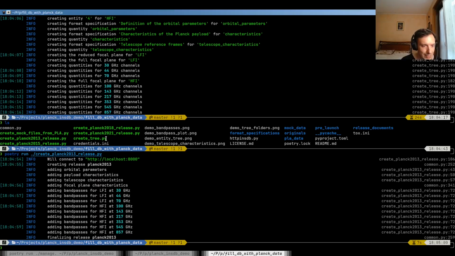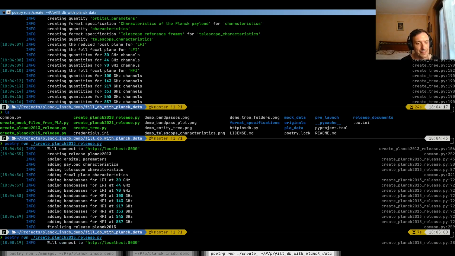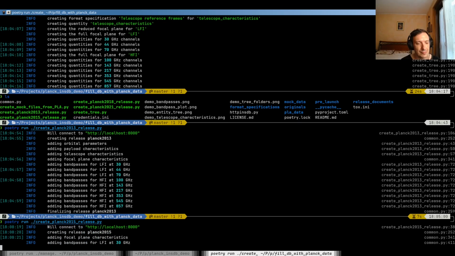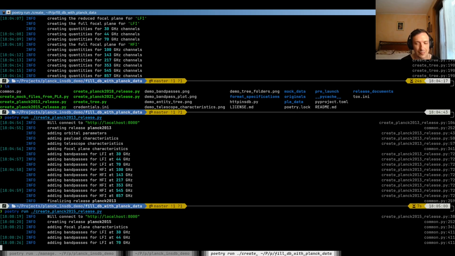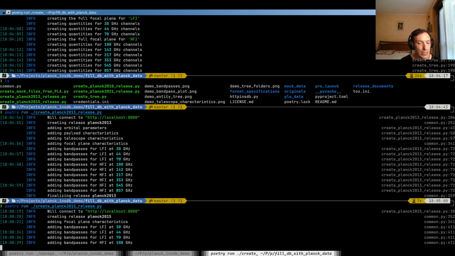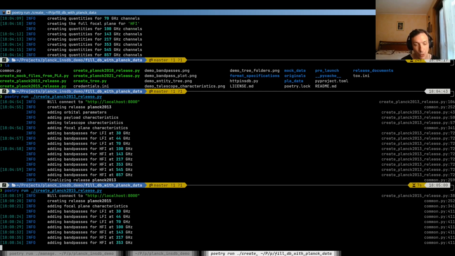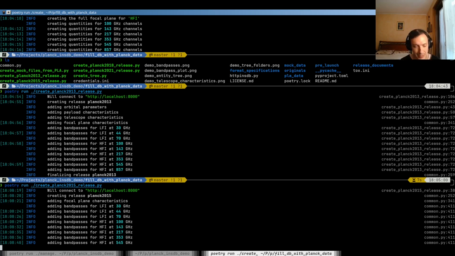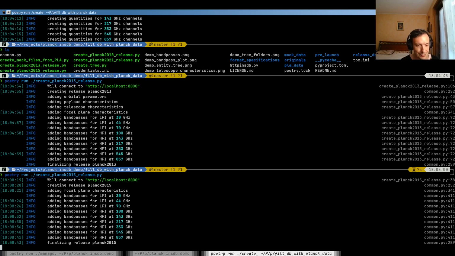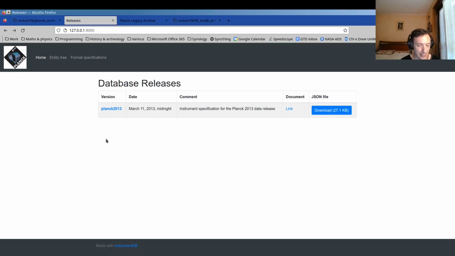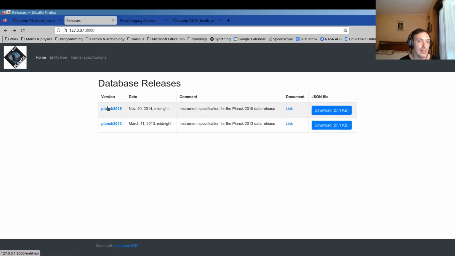So let's do the same for the second data release, Planck 2015. You might notice that now the script is slower. This is because with the second data release, the REMO file includes the bandpasses for all the detectors, not only for the frequency bands. Let's have a look. If I refresh the page, I'll see that Planck 2015 has appeared. If I click on it,